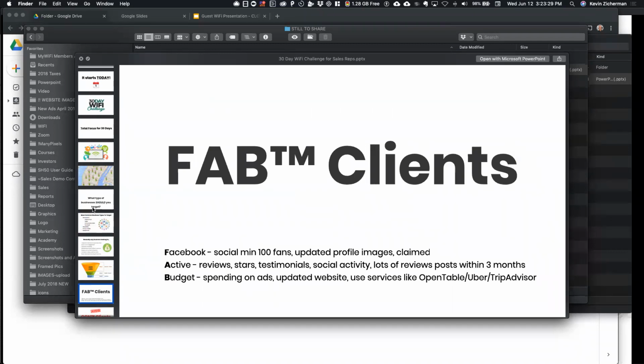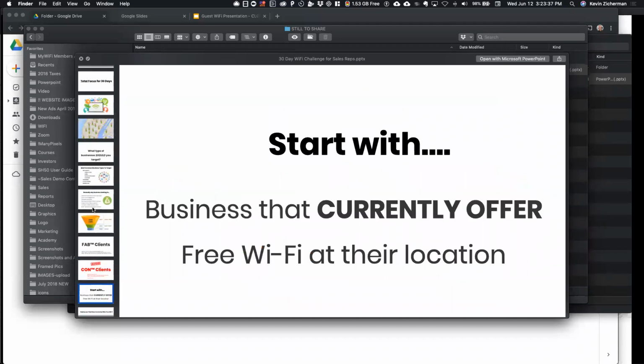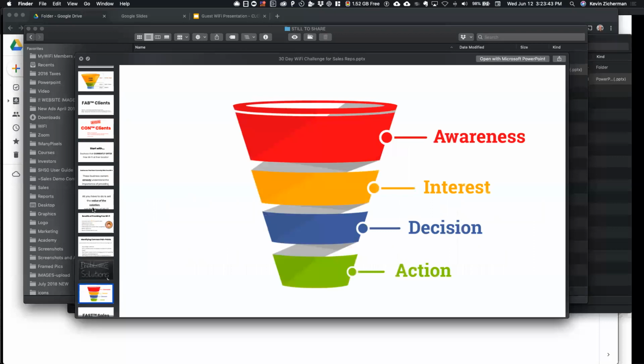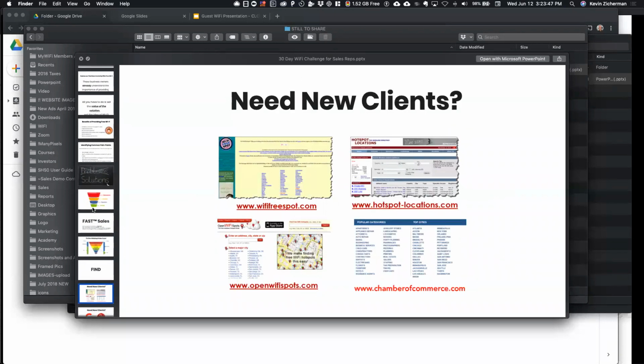They have to be active. They have to have a budget. You want to avoid con clients, the ones that are cheap, old school, and needy. Don't waste your time with these clients. Starting with businesses that currently offer free Wi-Fi, and here's a little bit of a walkthrough. And you guys can beef these up as you need. This is designed to be short and sweet, but you have all those extra slides that you can take here